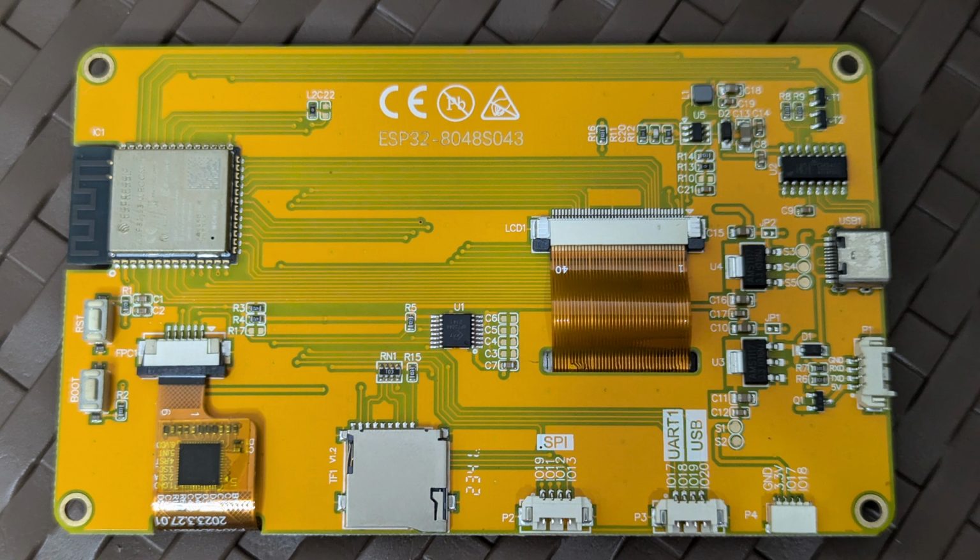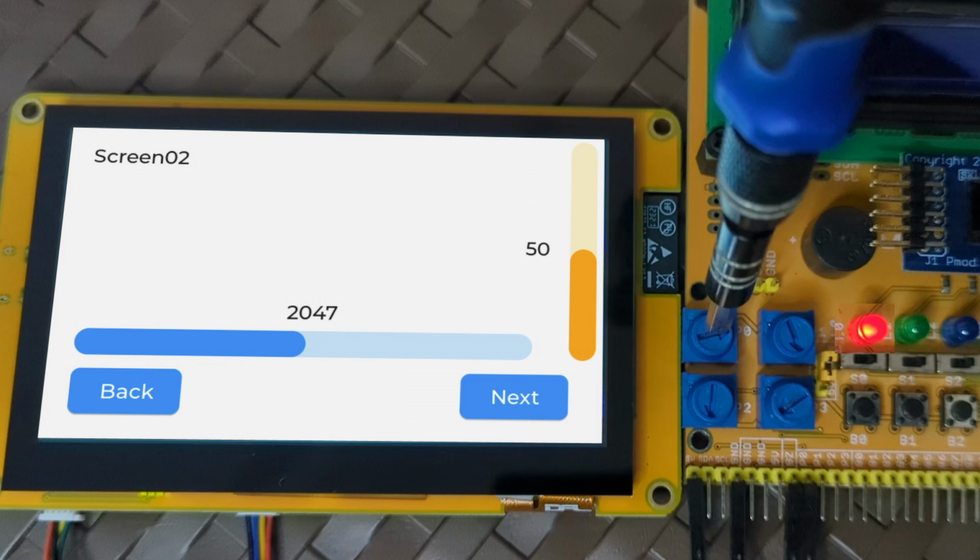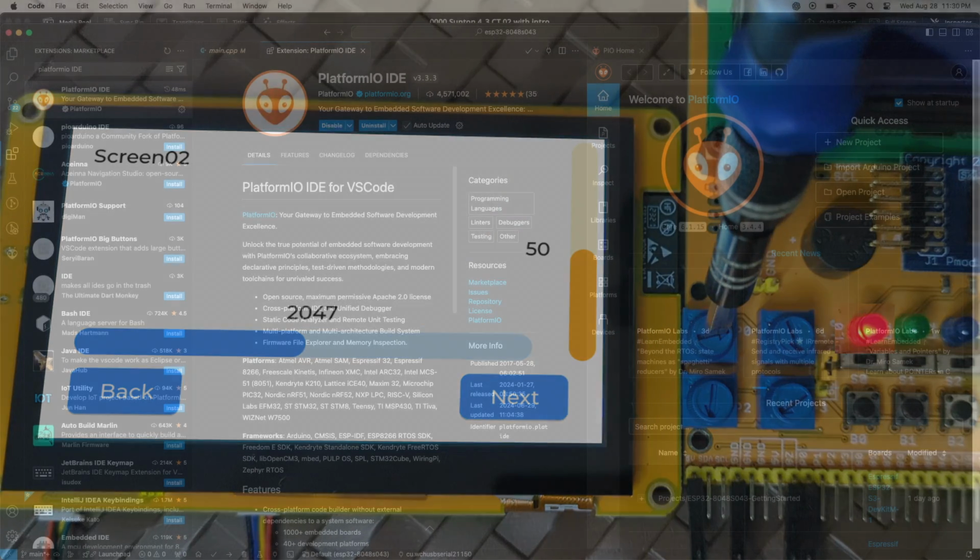If you're using a different ESP32-based display, whether it's a different size or brand, don't worry, many of the principles will still apply. Be sure to subscribe to this channel and hit the notification bell for future tutorials tailored to other displays. Software: